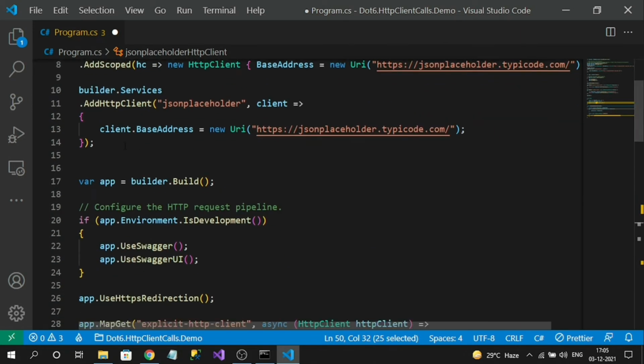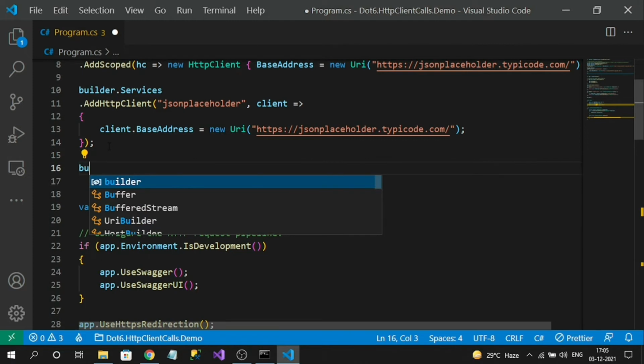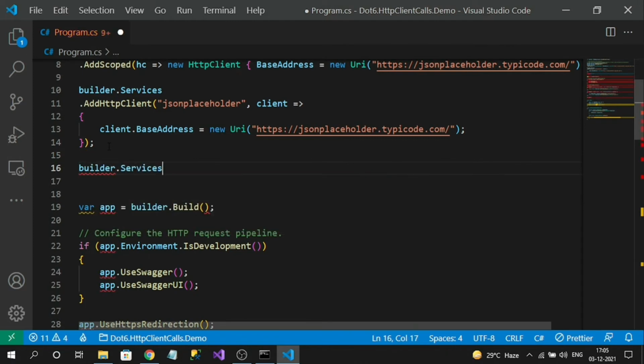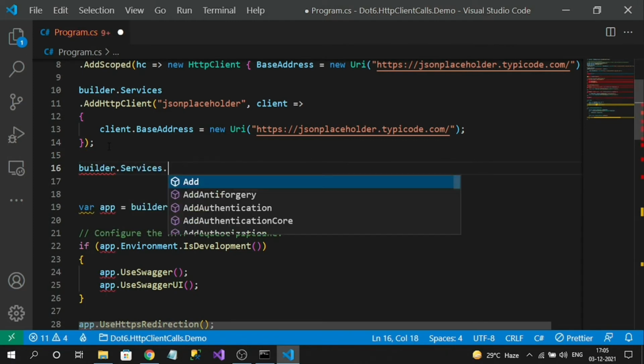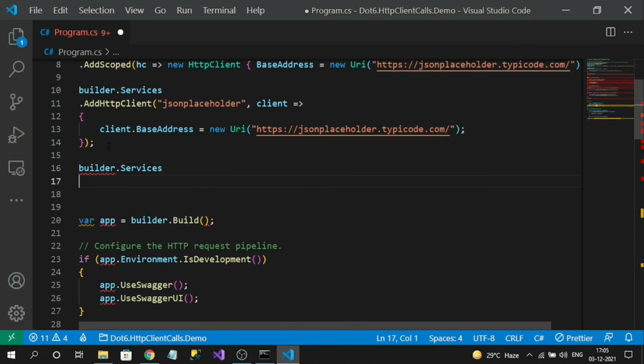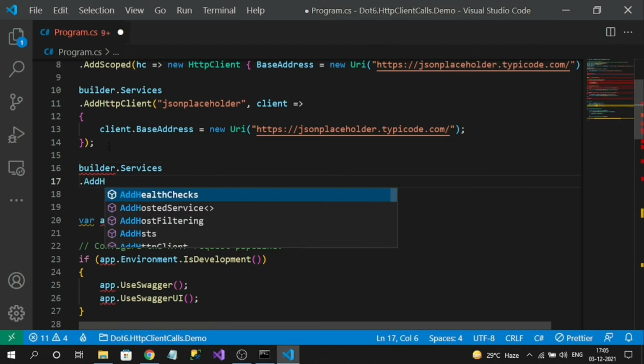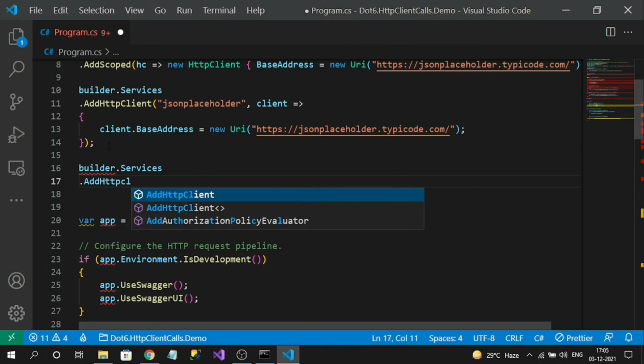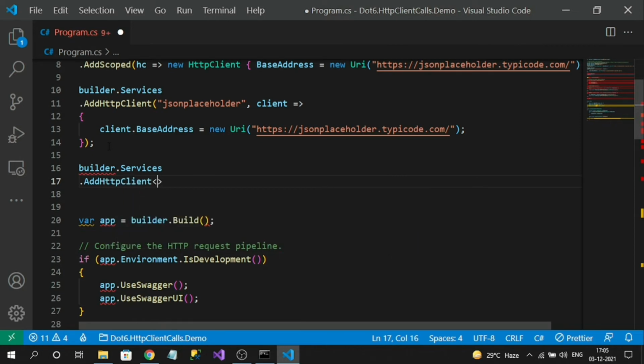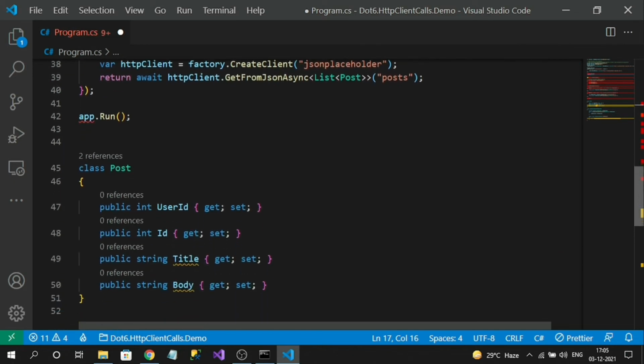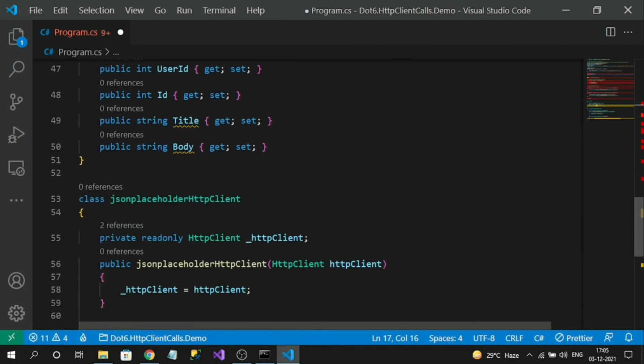So to do that, I have to write builder.Services.AddHttpClient, this one. Here I can specify a type. In this type, I'm going to pass my typed client class.